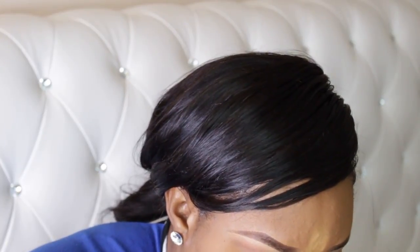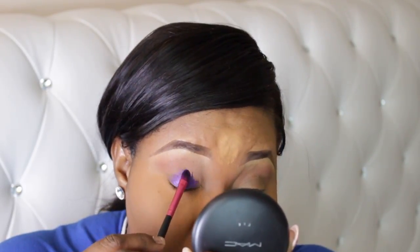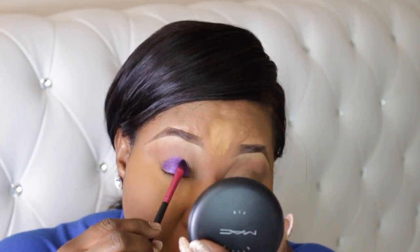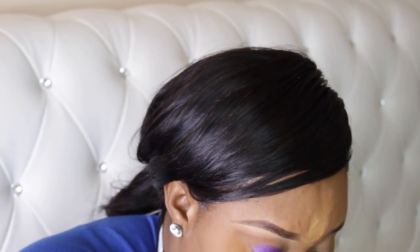Now in the Masquerade palette for my lid color, I'm going in with this shade, it's like a purpley, and it's called Macada right here. It's very, very pretty. And let me tell you, doing the makeup on camera, it doesn't even do this makeup justice. This is so pigmented, you guys. It's unbelievable. If you could see it through my eyes, you would see it's really pigmented. And I always go a little above my crease because I do have hooded eyes, so you have to go a little bit above the crease. Like if you see this,